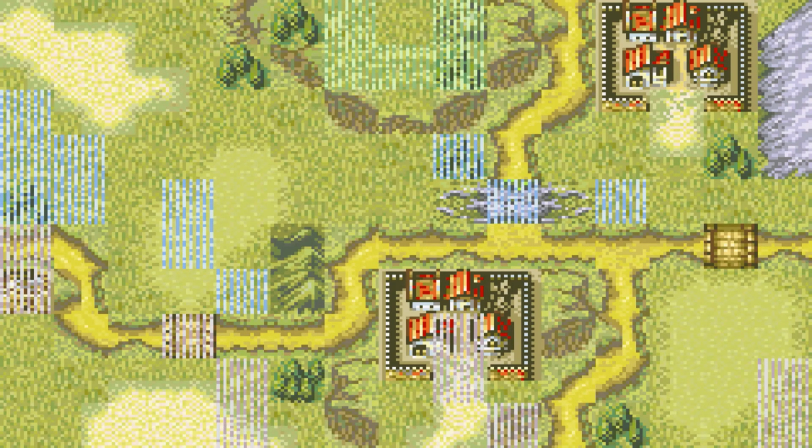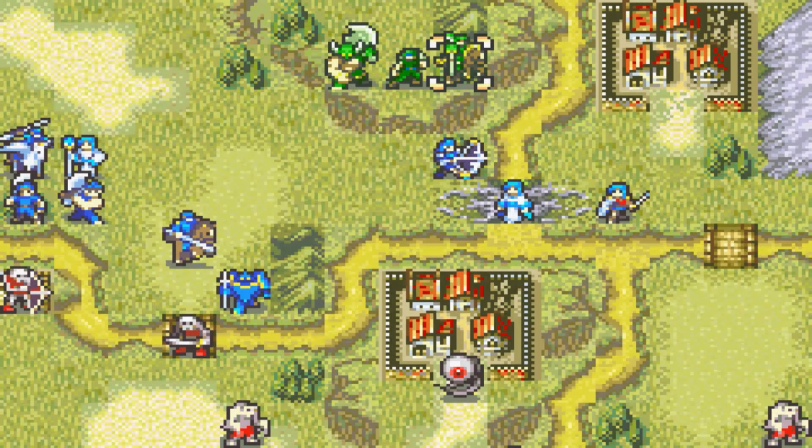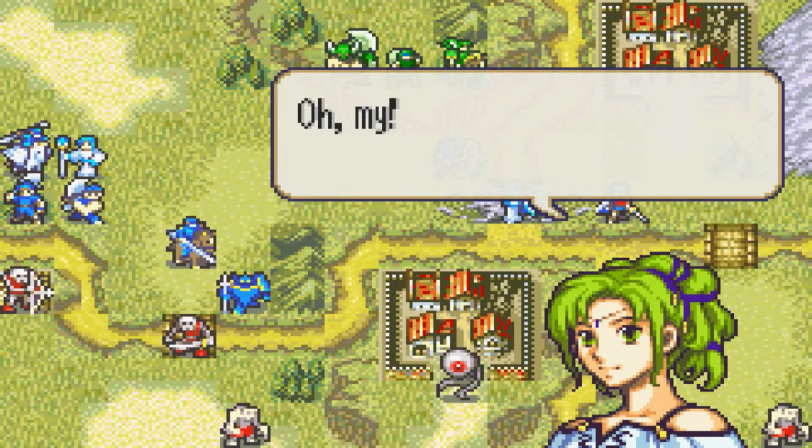Let me fix that real quick. So that is just an issue with La Rochelle. I think not being able to... they're not able to go back. That's an issue in the event editor. Let me quickly fix that. I'll be back in just a second. Alright, I fixed it. It should go fine now.